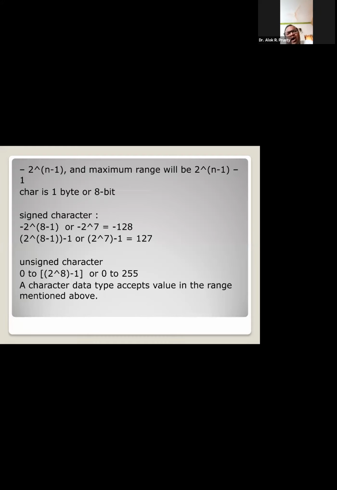The question will be, sir, how are we storing A, B, C, D inside a character? You are repeatedly telling that 0 to 255 we can store inside the unsigned character, and minus 128 to 127 we can store inside the signed character. Then how are we storing the characters? Very good question.